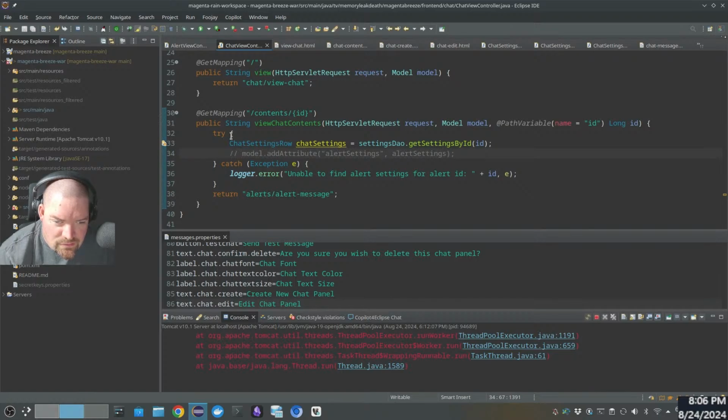Here we go. HTMX EXT SSE. Okay, this works for me. If it's on NPM, then I can just do this. Copy this